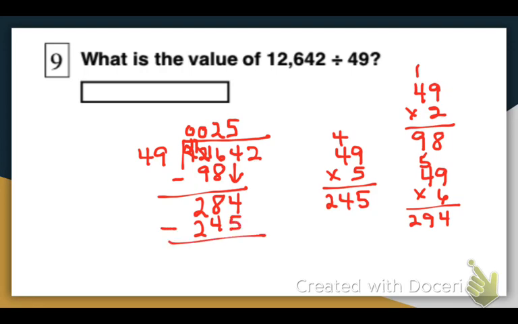4 minus 5 I can't do, so I'm going to have to borrow. The 8 is going to become a 7. 14 minus 5 is 9, and 7 minus 4 is 3. That's 2, 0. 39 is smaller than 49, so now I can bring down this 2. Let's see, so